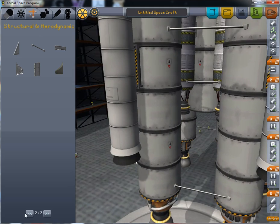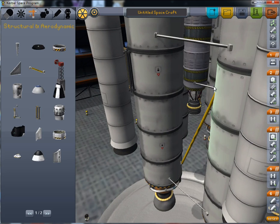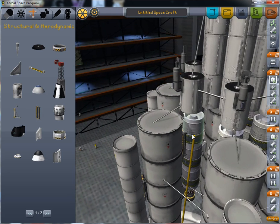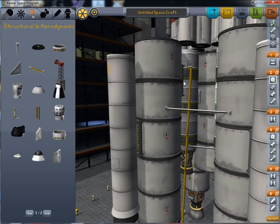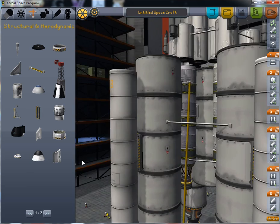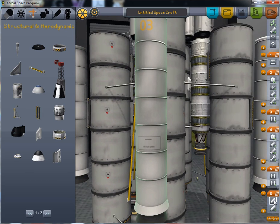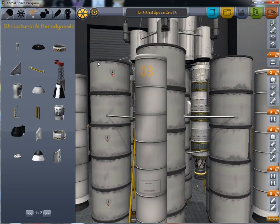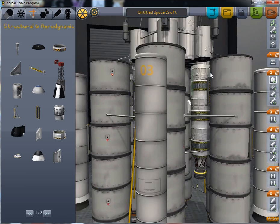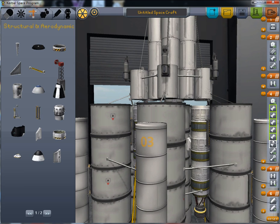And now one final touch before we go on to the staging. We add a fuel line from here to here to make sure these outer tanks share their fuel with the main engine assembly, and you know that these are used up fully before these inner tanks are touched. So then we need to move all our sets of 6 engines downwards,